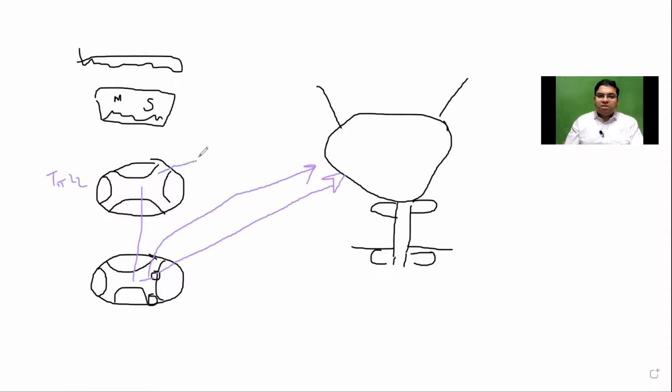Sympathetic, first of all, this is the preganglionic, this is the postganglionic. So there's a synapse, then the postsynaptic neurons go to the ganglion, which is known as the inferior mesenteric ganglion, and the postganglionic fibers. These are sympathetic supply. These are basically hypogastric nerves, and they go to the bladder. Now, let's talk about sympathetic supply first. These go to the bladder and they activate the beta-3 receptors actually,